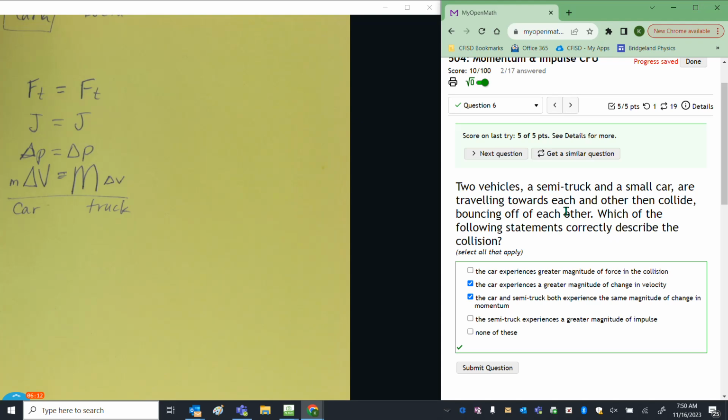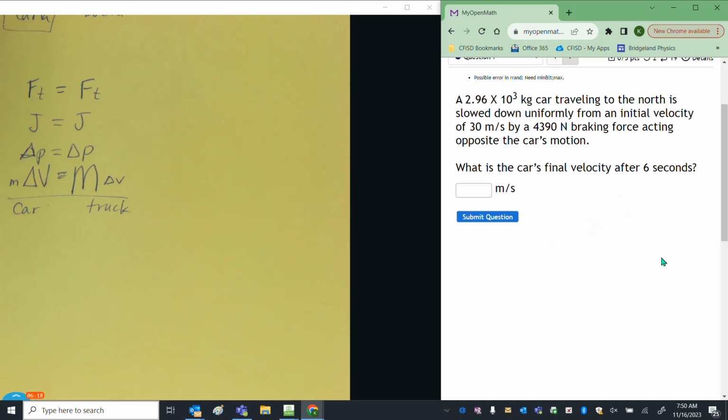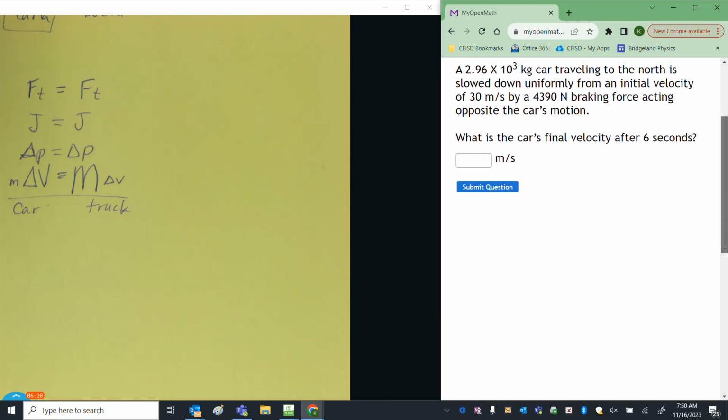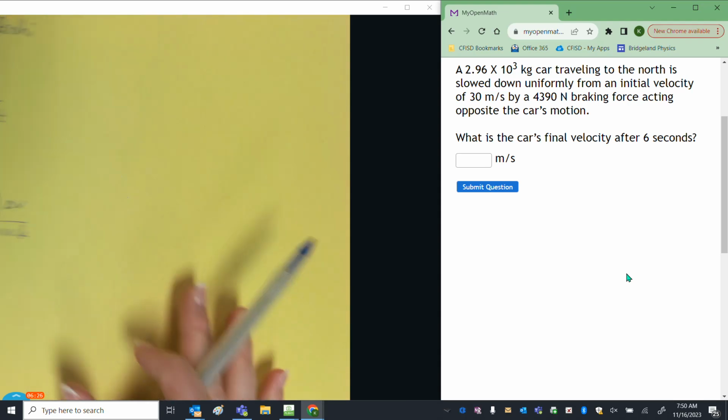But these conceptual questions on last year's test were some of the ones that were most missed. This is one of the calculations you guys are struggling with the most, and I already know why it is, and maybe you have already figured it out too. But let's go ahead and take a look at this problem.